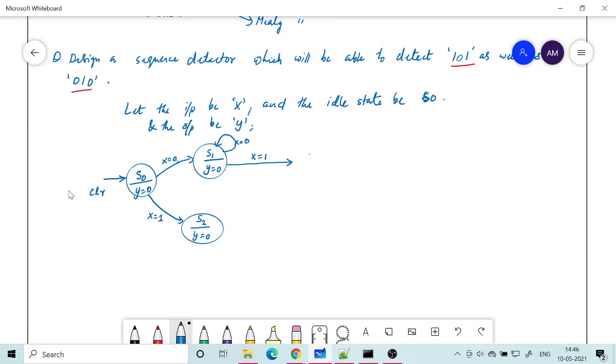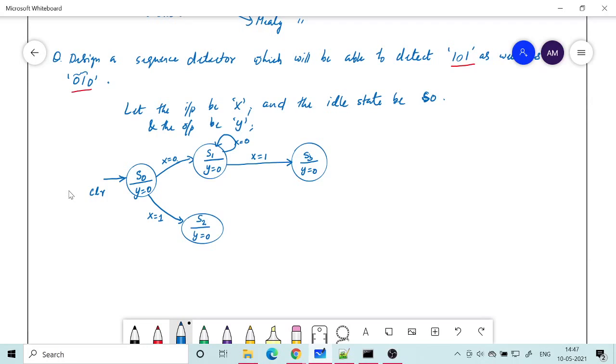Now if x equal to 1 is coming, then I make progress in the sense that it will detect 01, the first 2 bits. So I go to another state. I will name it S3, but y is still 0. Why is it 0? Because the 3 bits are not yet detected.